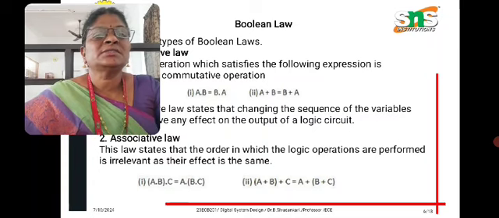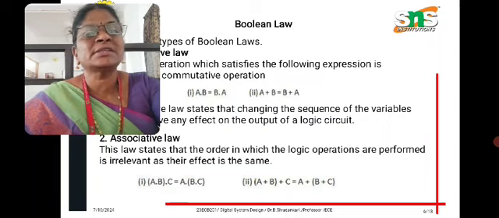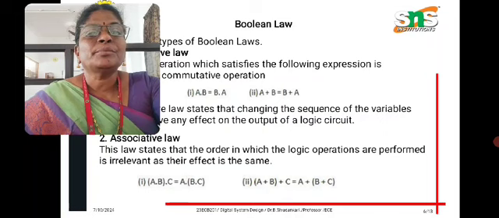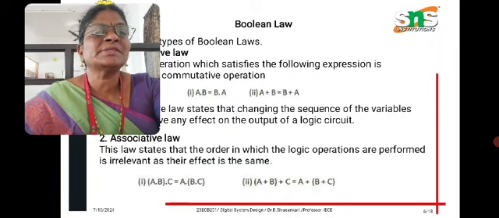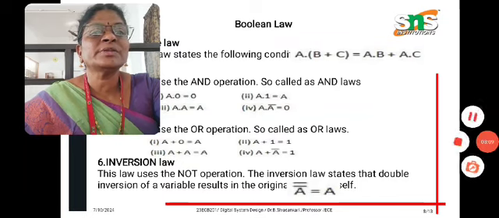This law states that the order in which the logic operations are performed is irrelevant, as their effect is the same. A dot B dot C is equal to A dot B dot C, and A plus B plus C is equal to A plus B plus C. So you can see the difference here, right? Next one is